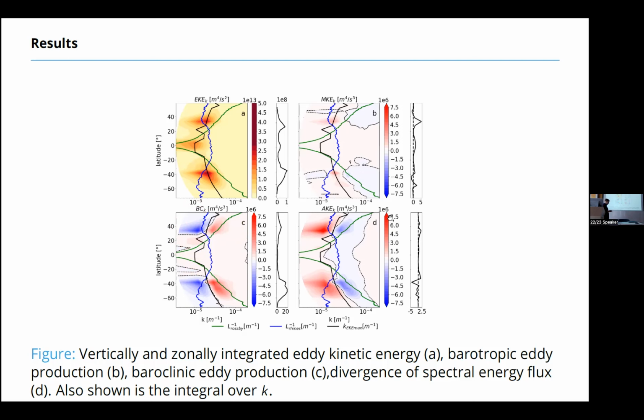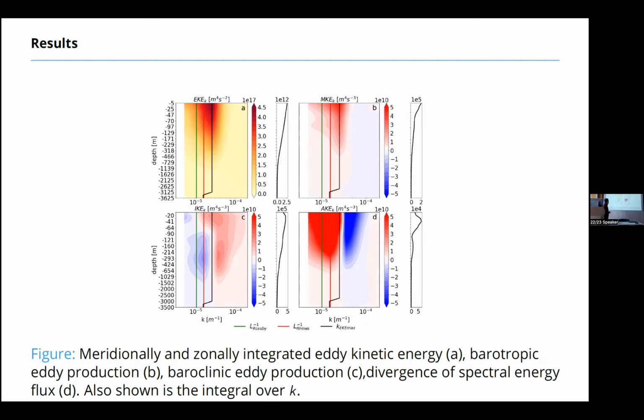And on this slide, I now show vertical dependence. So on the y-axis, you have z, and on the x-axis, you have the horizontal wavenumber vector again. And you can see that here and here, there's not so much going on. It's more or less homogeneous over the water column. But in the baroclinic instability term, you can see that at the surface, it is different than in the interior, and it's stronger in the interior. That's why in the next slides, I want to talk about the ocean interior and analyze the geographical distribution